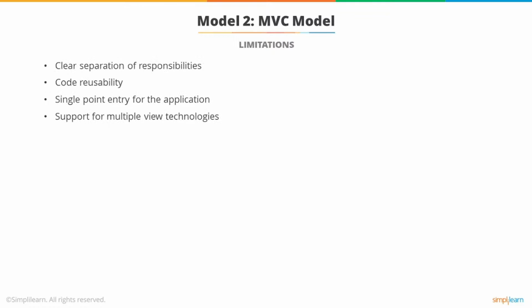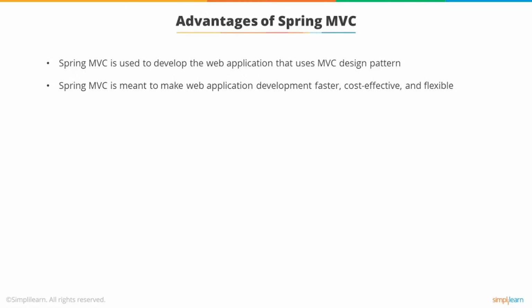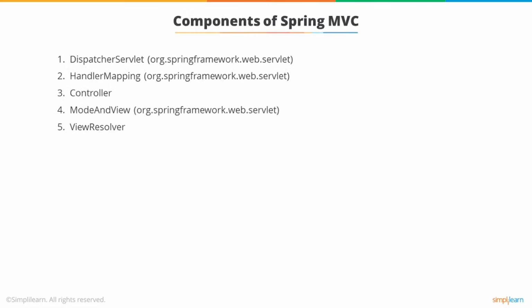The advantages of the MVC model: clear separation of responsibility, code reusability, single point entry for the application, and support for multiple view technologies. Spring MVC is used to develop web applications that use the MVC design pattern. Spring MVC is meant to make web application development faster, cost effective, and flexible. Contents of Spring MVC: we have the dispatcher servlet, the handler mapping, the controller, model and view, and